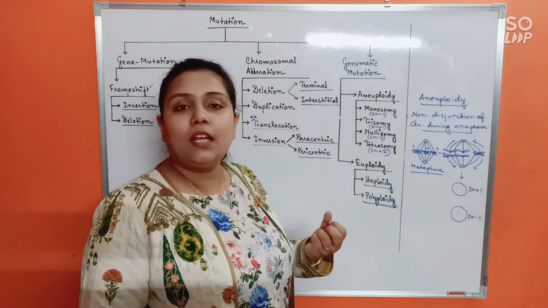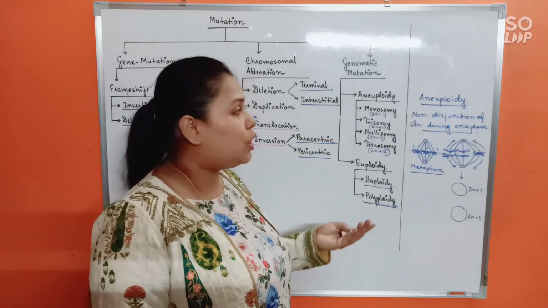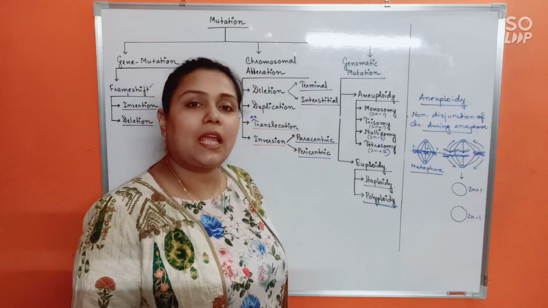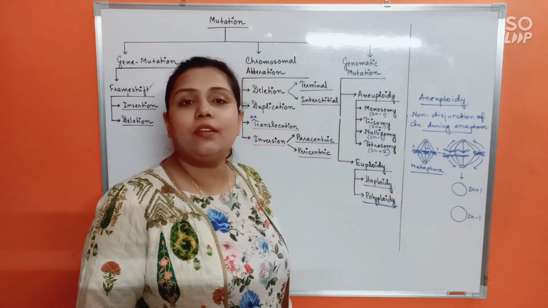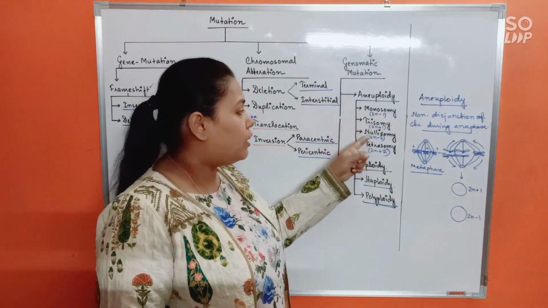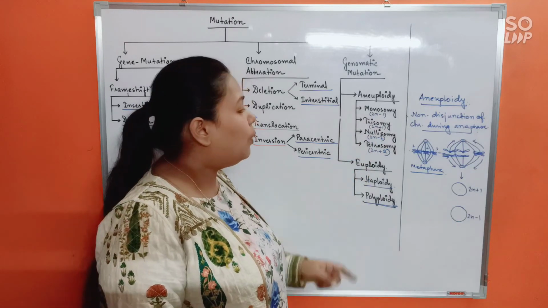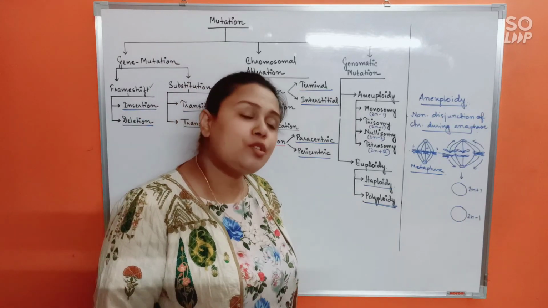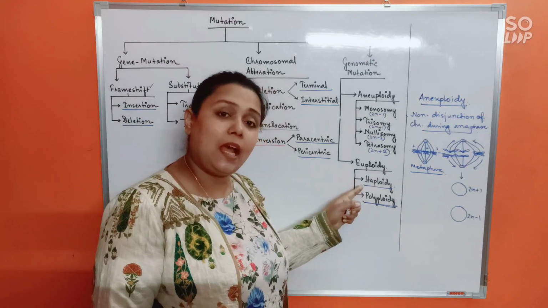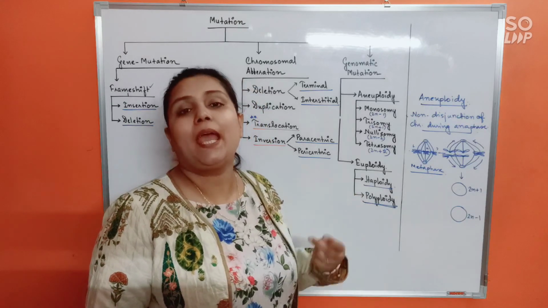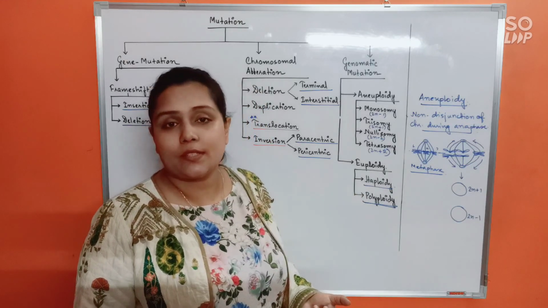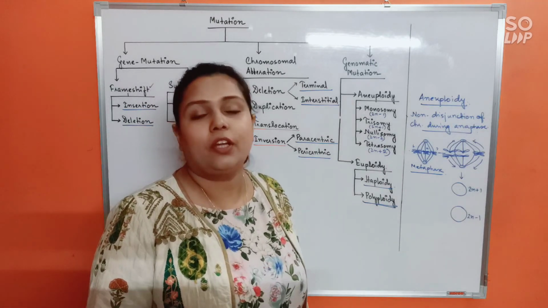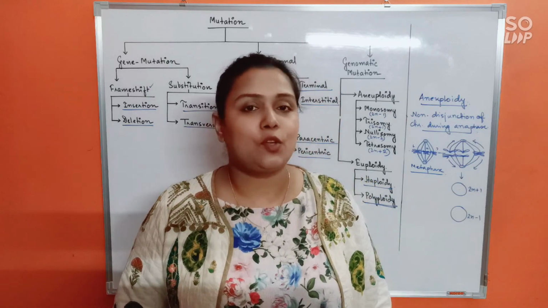In case a single chromosome is added or lost, that kind of change is called aneuploidy, and it happens due to non-disjunction of chromosomes during anaphase. That can result in conditions like monosomy, trisomy, nullisomy and tetrasomy. Likewise, in euploidy, a whole set of chromosomes is lost, that's haploidy, making the cell haploid, or else a whole set is added, giving rise to polyploid cells, hence polyploidy. As simple as that. I hope all of you are clear about this section. So that's all regarding mutation.